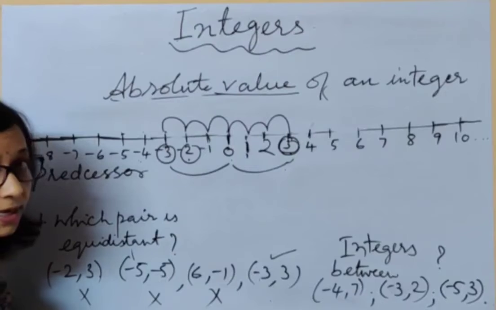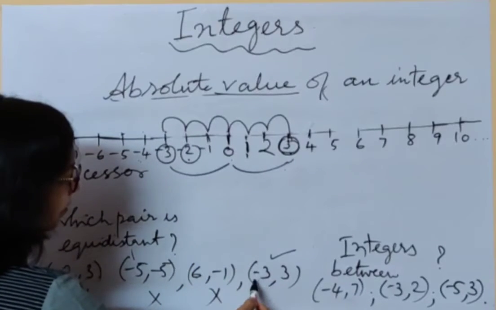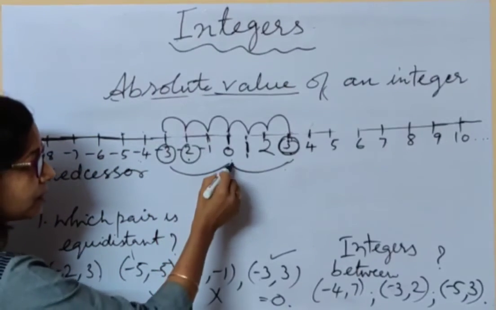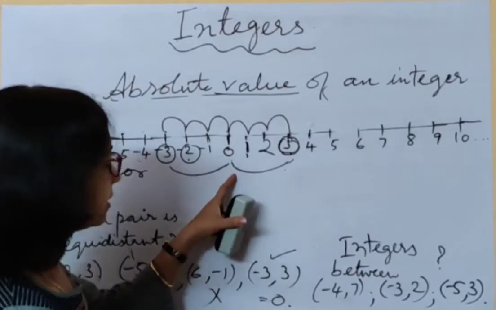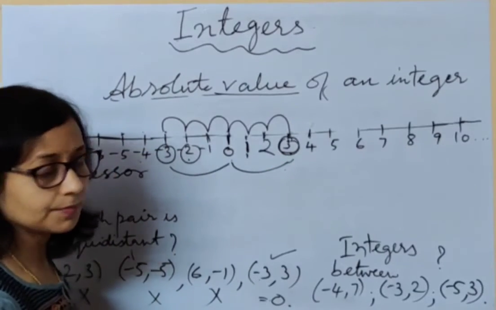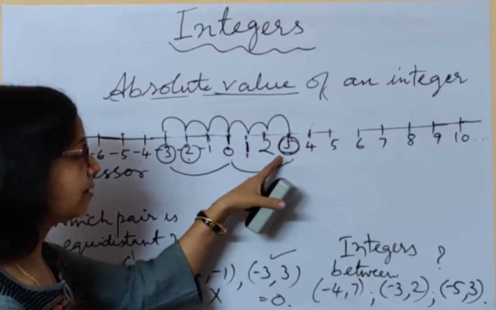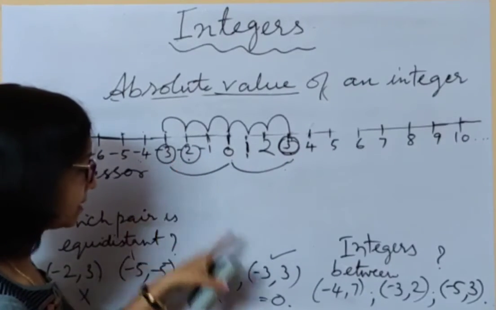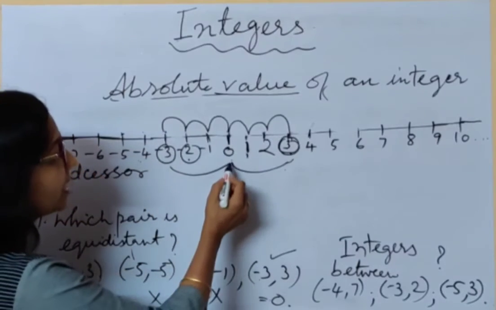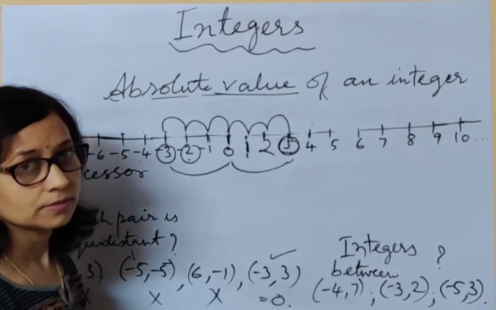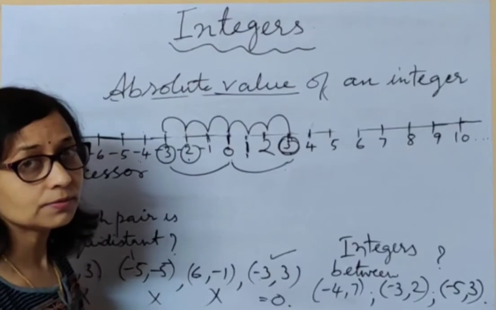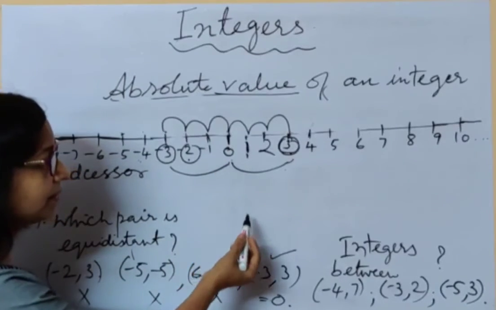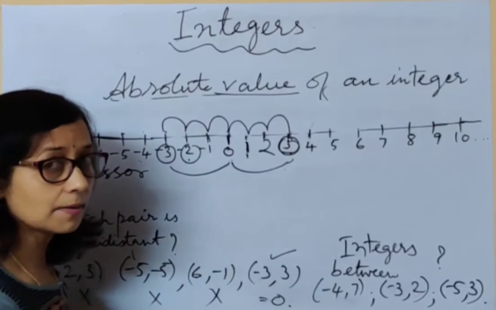But what will their value be when they are equidistant? Plus 3 and minus 3 will be 0. They are equidistant, so the negative of 3 is minus 3. They are numbers with opposite signs, so plus 3 and minus 3 give you 0 because they are equidistant from 0. So you can easily find the value mentally. You need not calculate. It is just for your understanding of how it happens. You should know it using the number line.